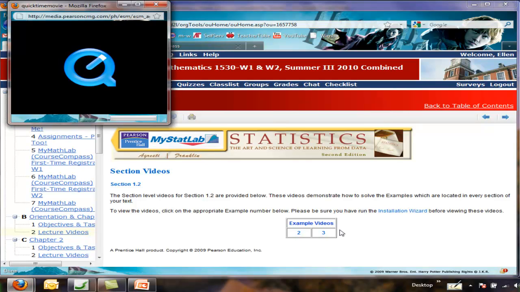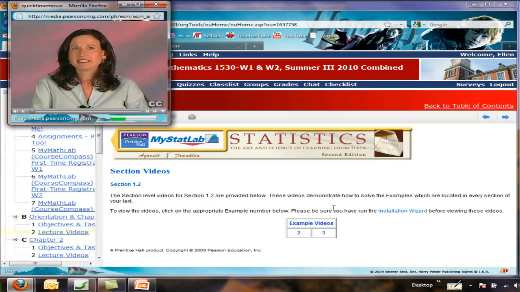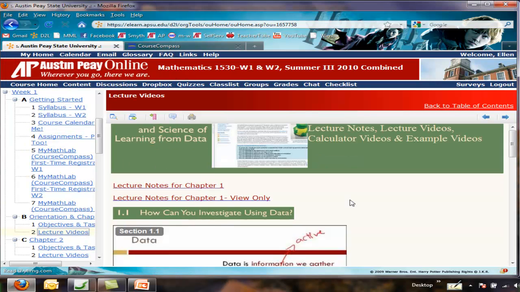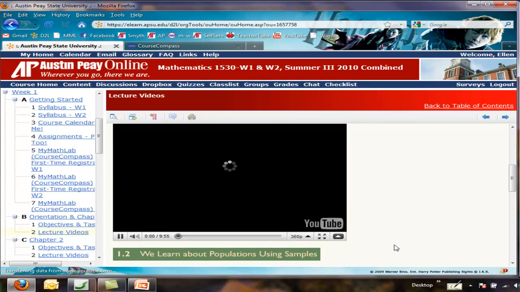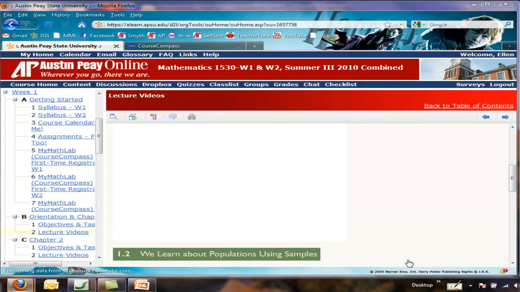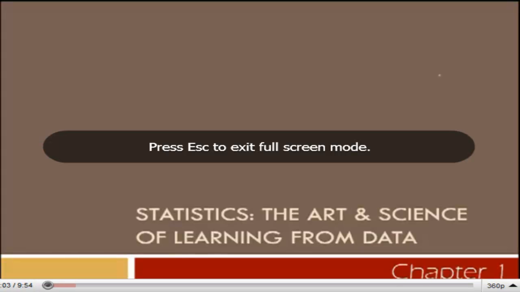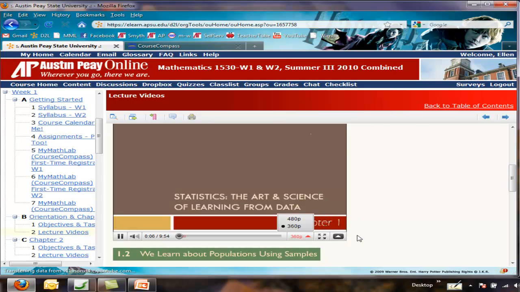So if you click on it, eventually it will load. In this example, we'll learn how we can use our sample. And then to view the introductory concept videos, you can just click the play icon. To make them larger, you can click this larger icon, and you can click the X to make it smaller. Of statistics, you can click pause. You can change